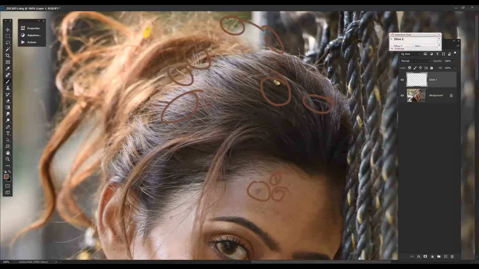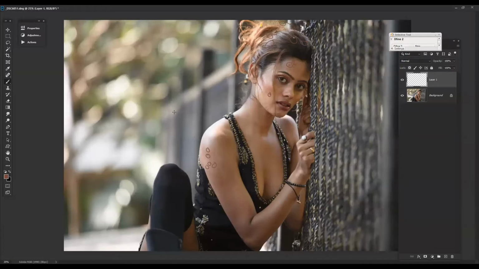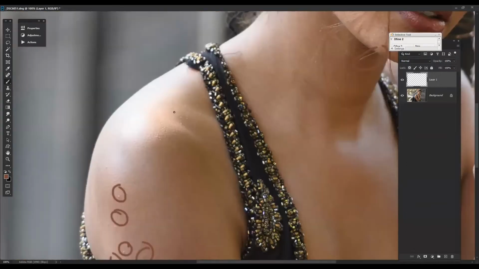What editing we want to do, we have to prepare it, rather than doing the work and continuously zooming in, zooming out and seeing it. So first make a mindset of what you will edit in the image and what you won't edit in the image. First and foremost, the most important part: whatever retouching you want to do and don't want to do.